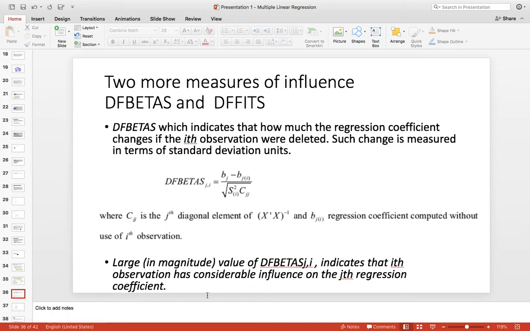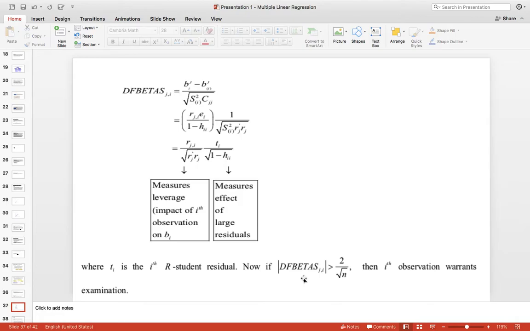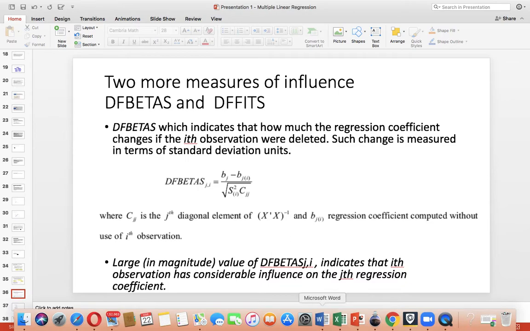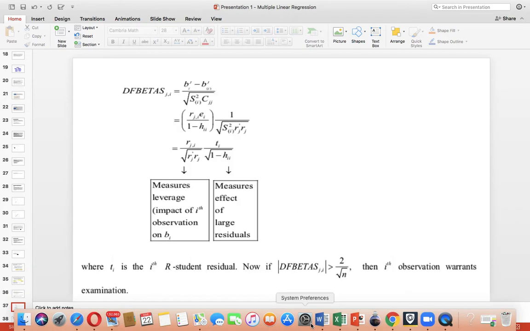So the jth regression coefficient is related to a particular variable. So you can say which case influences which variable.